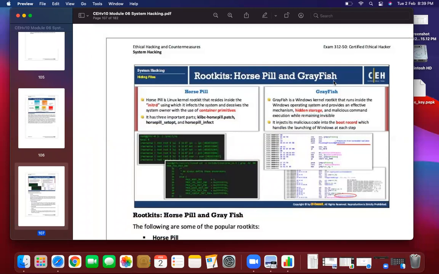Horsepill is a Linux kernel rootkit that resides inside a particular directory known as INITRD, using which it infects the system and deceives the system owner with the issue of container primitives. Horsepill is a very dangerous level of rootkit.